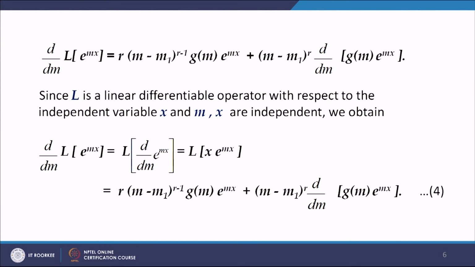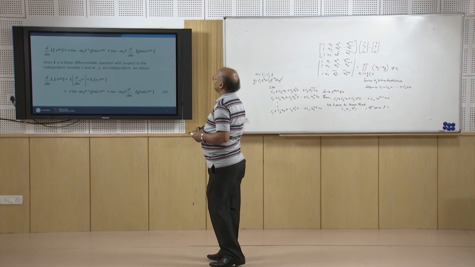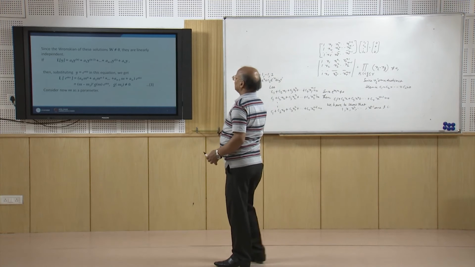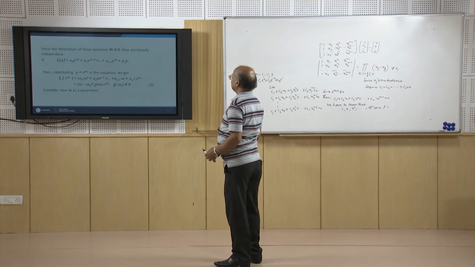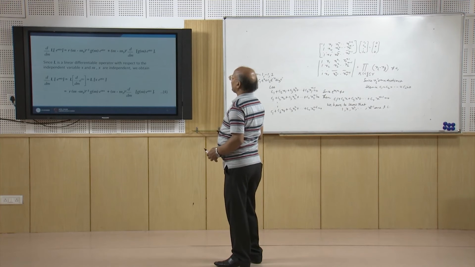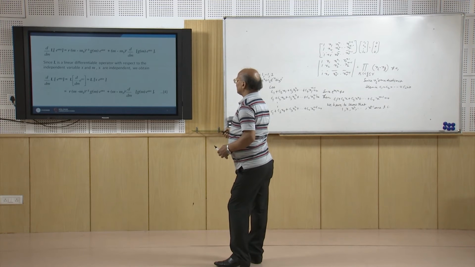When we differentiate this equation with respect to m, what we get is d over dm of L[e^(mx)] equal to r times (m minus m1) to the power r minus 1 g(m) e to the power mx plus (m minus m1) to the power r d over dm of g(m) e to the power mx. Now, since L is a linear differentiable operator with respect to the independent variable x, and m and x are independent of each other,